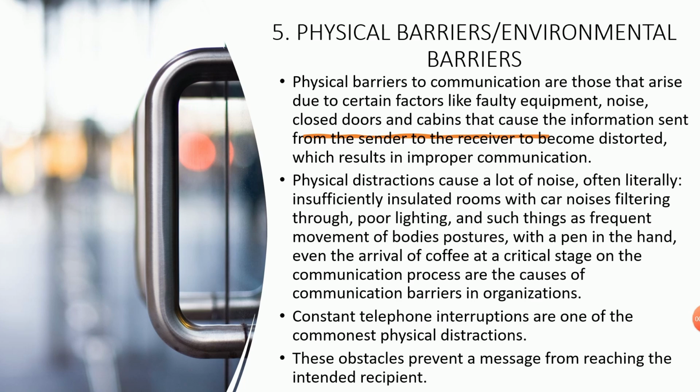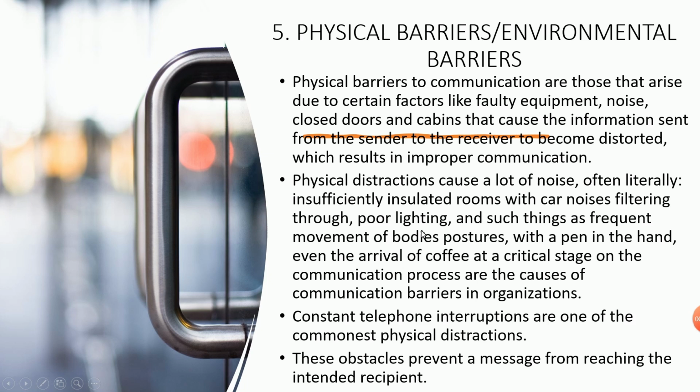So they are environmentally or physically present, and that's why they are physical barriers. These are the barriers such as faulty equipment, noise, closed doors and cabins. Sometimes even a very small closed cabin could create echoes, so that would also form a disruption. That means it is not insulated properly. Like I said, whatever can disturb physically, all those things come under physical barriers